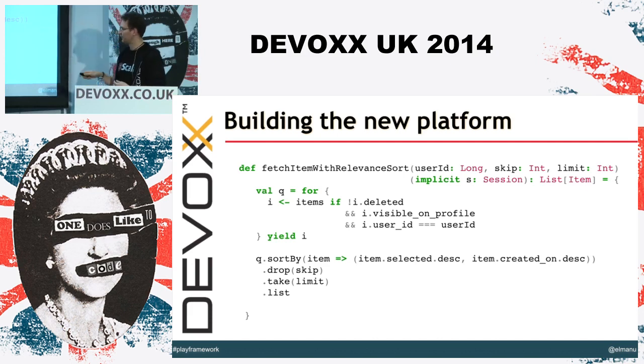Now, the interesting bit about this is that up until the very last point here, the list here, you're not actually running the query. The query is there. It's an object that you can compose with other queries. And one of the consequences of that is that if you have queries that look very much alike but are not exactly the same, you're able to avoid code repetition. And I find that quite interesting in some cases, because if you were to write plain SQL, you would just copy-paste things and then adapt them a bit, and with all the